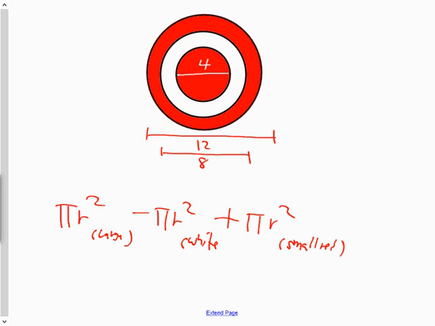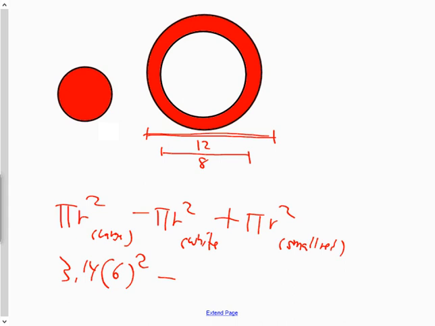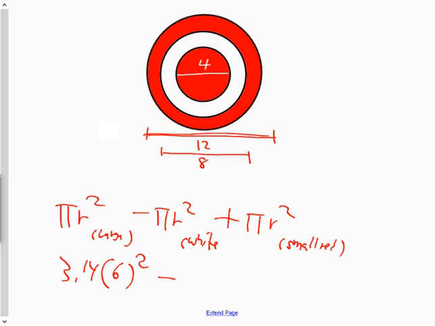So the large circle has a diameter of 12. So it's going to be 3.14. And if the diameter is 12, what's the radius of that large one? 6. So the area of the large red circle, if nothing was cut out, would be pi r squared. But we are going to cut out the entire white circle. And I'm going to show you again. That entire white circle we're going to cut out. Okay? So that is going to become